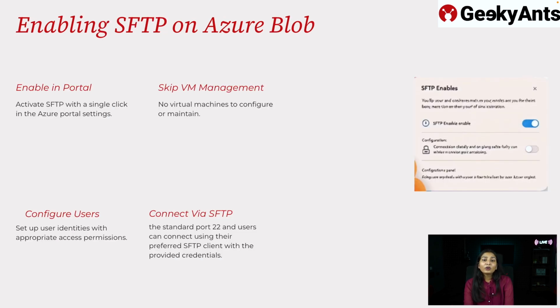Enabling SFTP on Azure Blob. To enable SFTP in Azure Blob, we need to activate SFTP with a single click in the Azure portal marketplace. We do not have to manage any VM here, but we will have access to the VM. We need to configure the users here for transferring files from local to the cloud. And we need to have port 22 access here to connect to